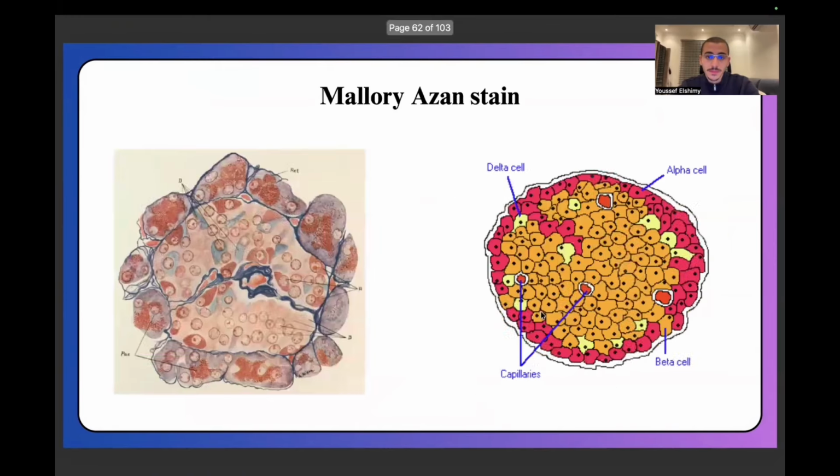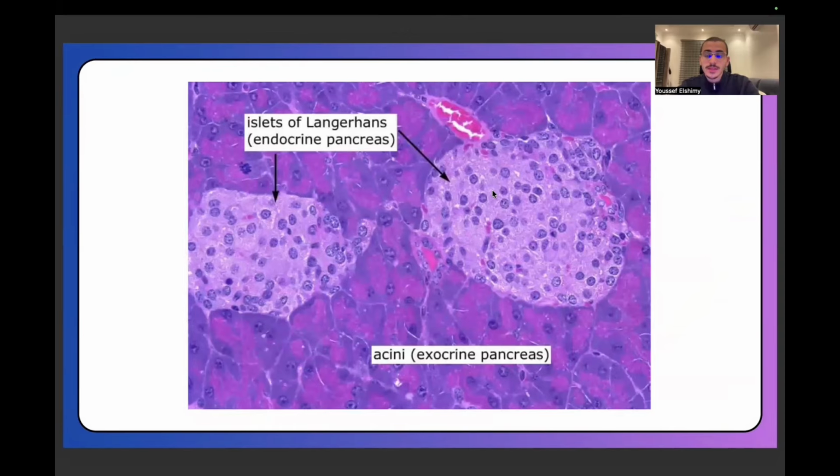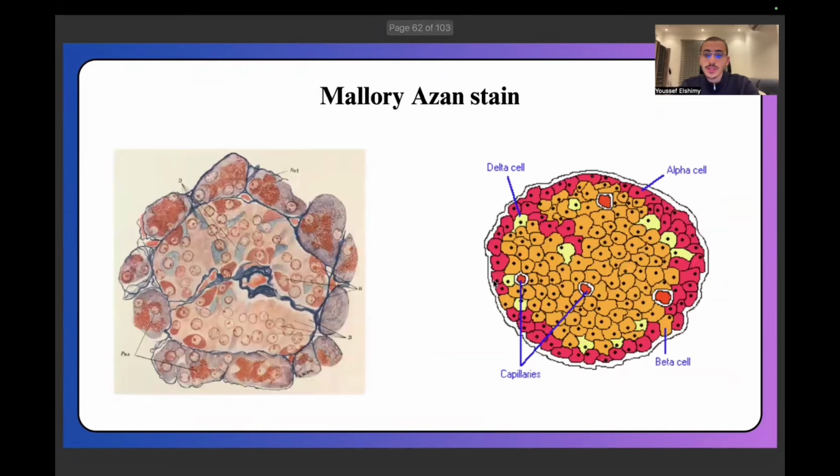Okay. So I showed you this picture, and these are the islets of Langerhans. It contains the alpha, beta, and delta cells, but is there a way to differentiate between these cells because they all look similar? A way to differentiate between these cells is using a stain called the Mallory-Azan stain, and this helps us differentiate these cells based on their color. So for alpha cells, which are located at the periphery and produce glucagon,